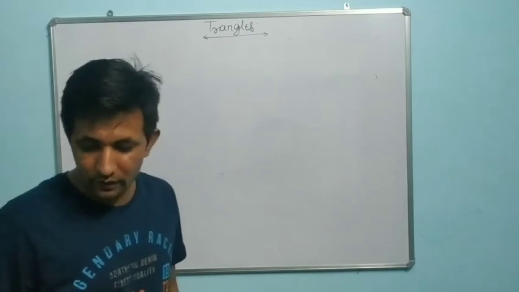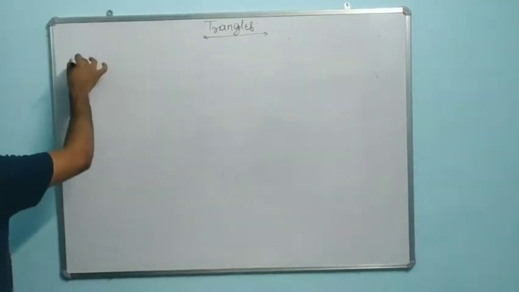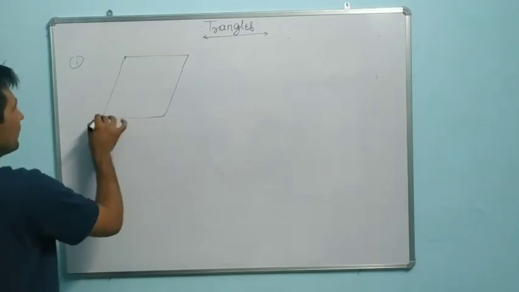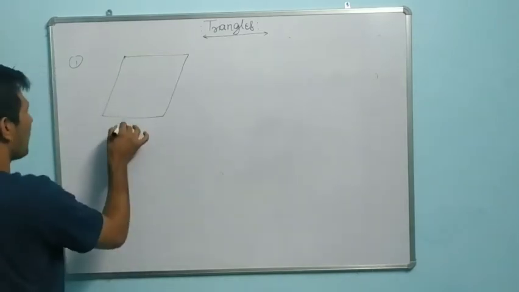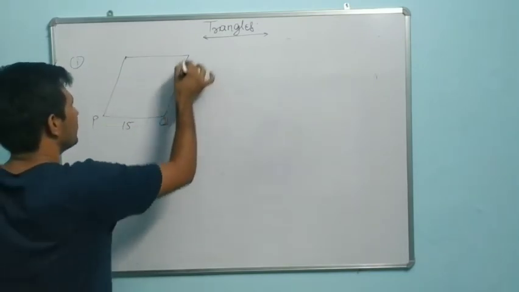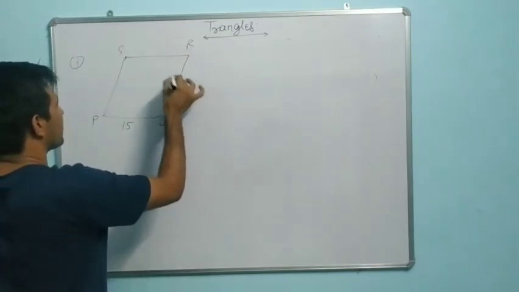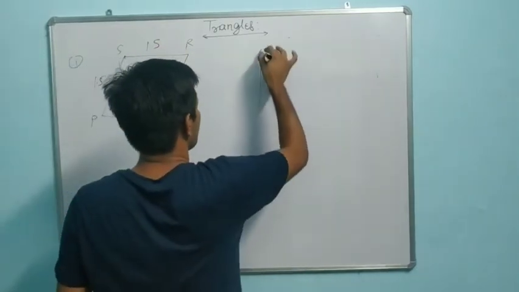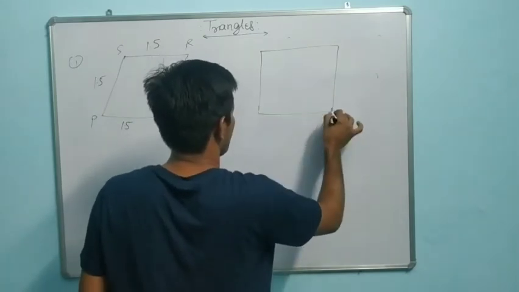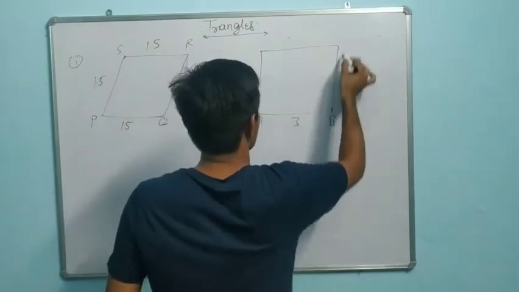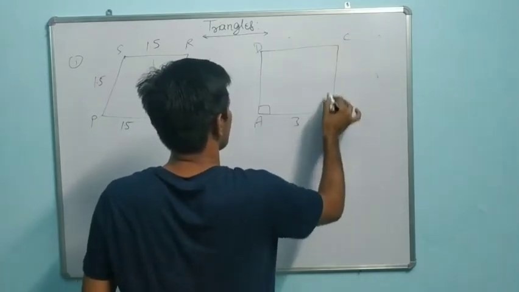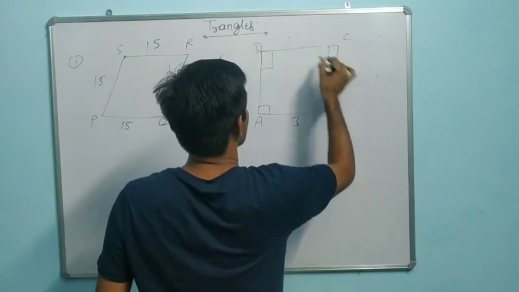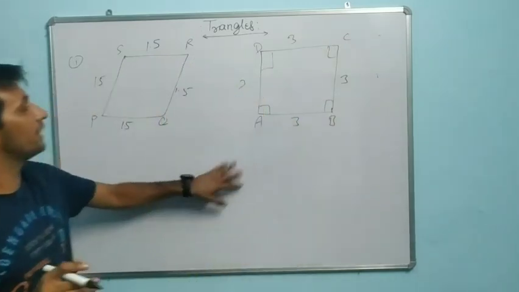So you only have to remember what is a similar figure and what is a congruent figure. So third, state whether the following quadrilaterals are similar or not. So we have to check whether they are similar or not. It is given here 1.5 centimeter. PQRS, 1.5 centimeter, 1.5 centimeter. And next given here is ABCD, with angles 90, 90, 90. Already given, it is 3. So tell me, check whether it is similar or not.